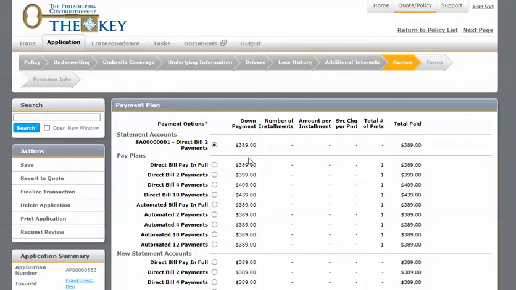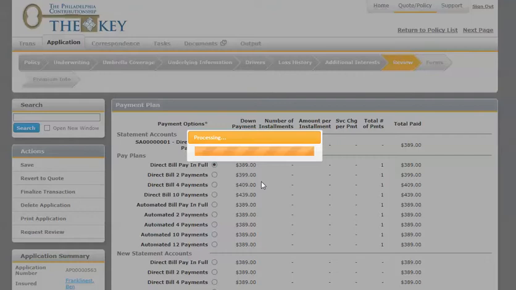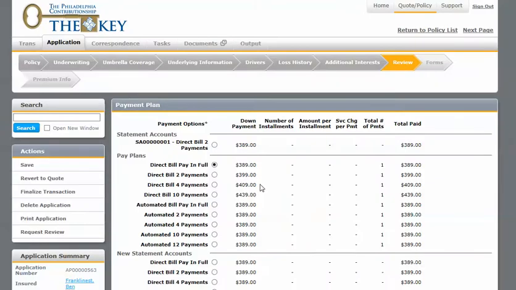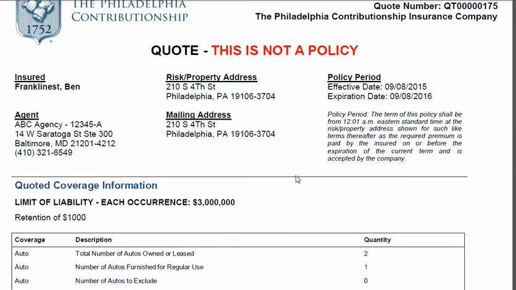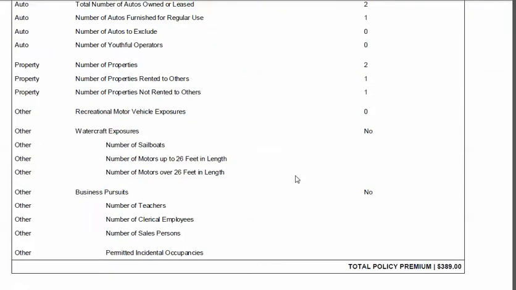You may connect this to an existing statement account, or you may put this on its own account. The choice is yours and the insured's. At this point, press Print Application. The copy of the quote and the application will appear. You may print this or save this,